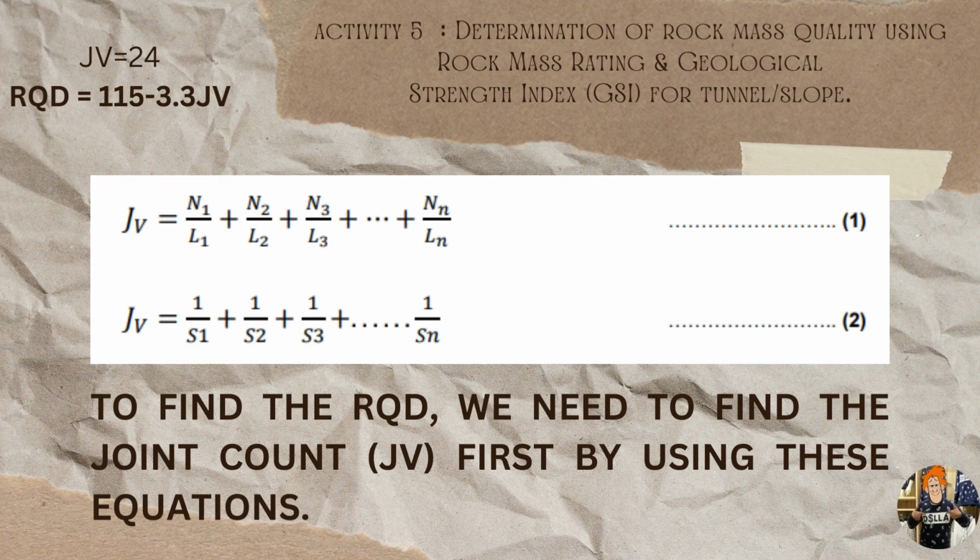And then the value that we obtain for the Jv is 24, and then we substitute the 24 into the equation, and we will get the RQD of 35.8%. So based on the rating table, 35% is in between 25 and 50%, so the rating will give us